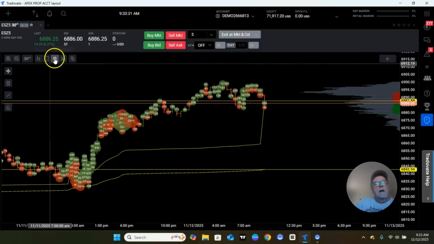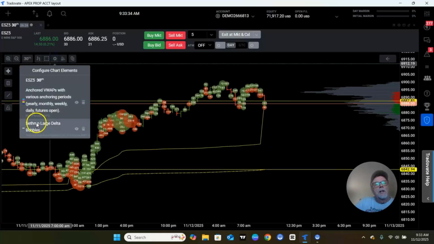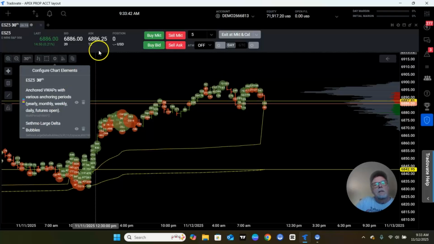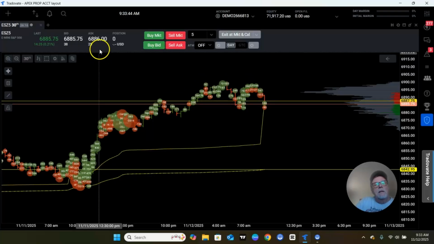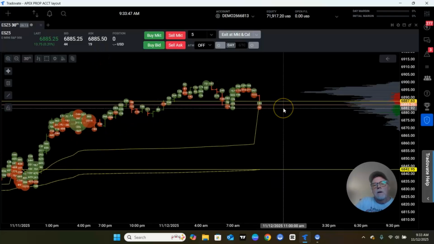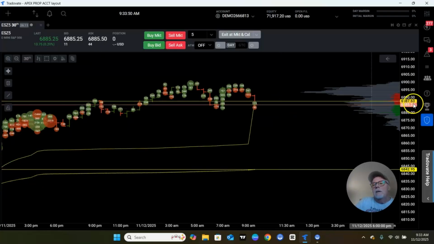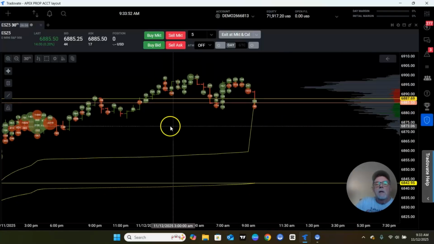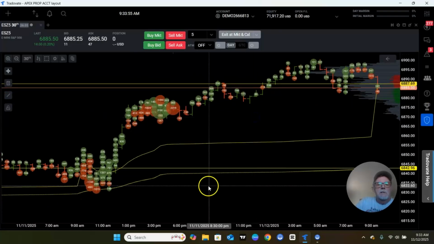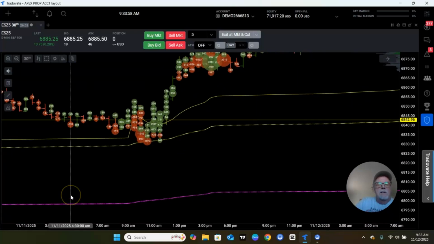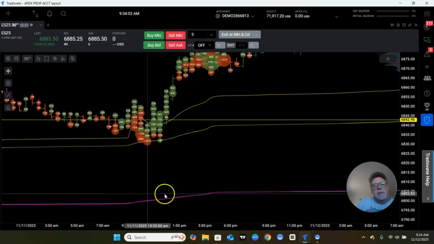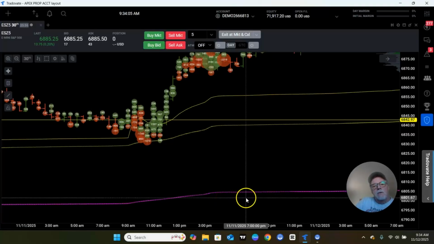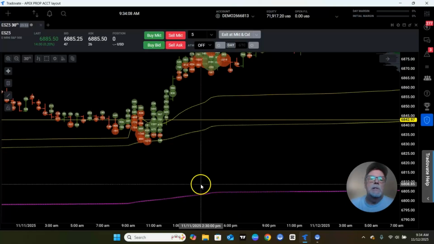I have found this little treasure here called Sethmo Large Delta Bubbles. That's the name of the indicator, and it's helping me. I've used it for a few days here, and wanted to show you what it does, what it's about. Instead of having a separate delta indicator on the bottom of the chart, what this does is puts it on